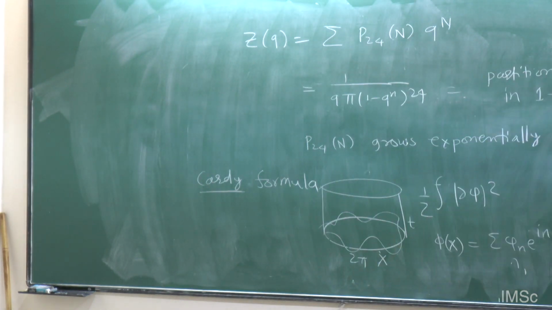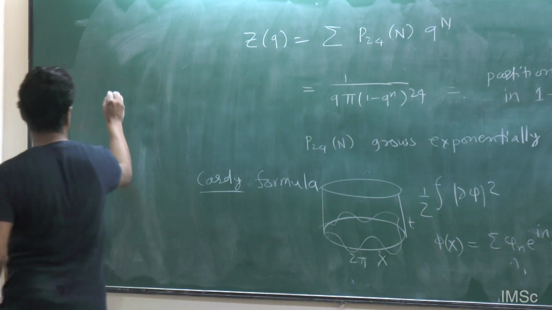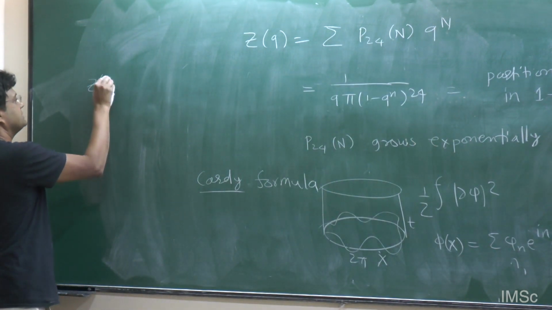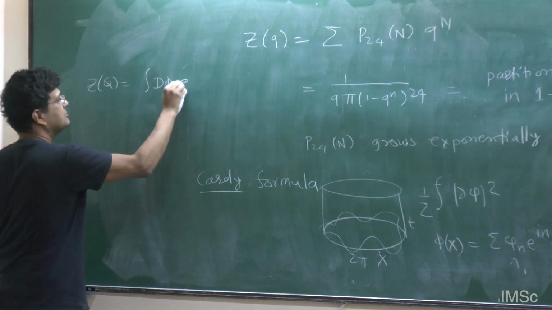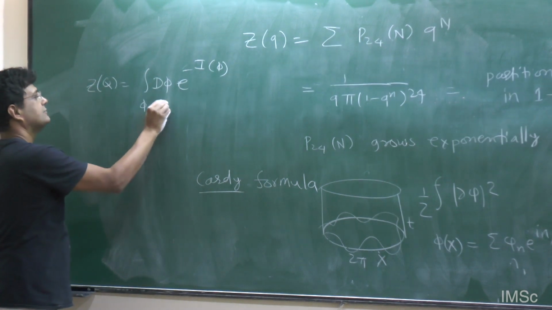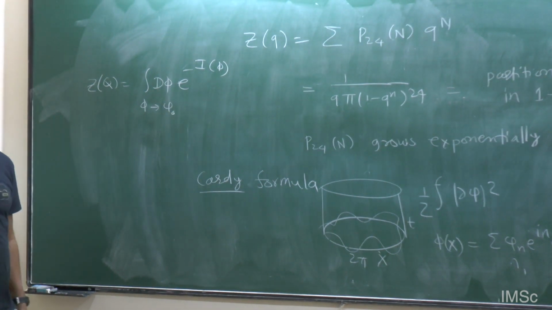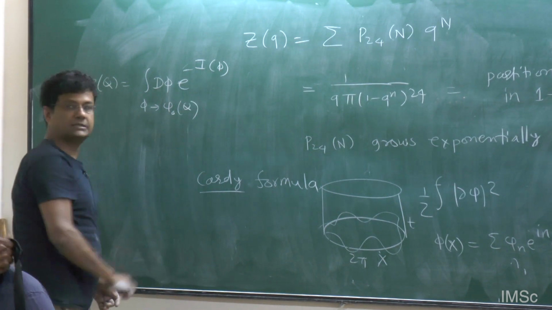Very good point. That's a very good question. The point about localization is that, suppose you're doing some path integral. So localization is, suppose you're computing this path integral Z of q. I will just write it as e to the minus I, with some boundary condition, phi goes to phi something at the boundary. This is the path integral you want, which depends on q. This is the problem you want to solve.